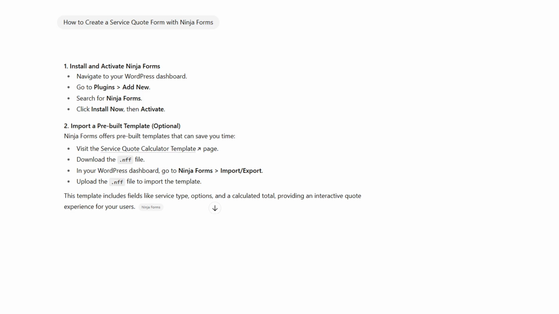If you want to save time, you can import a pre-built template. Look for the Service Quote Calculator template and bring it into your site. Templates are helpful because they include common fields and, in many cases, calculation logic that you can tailor to your